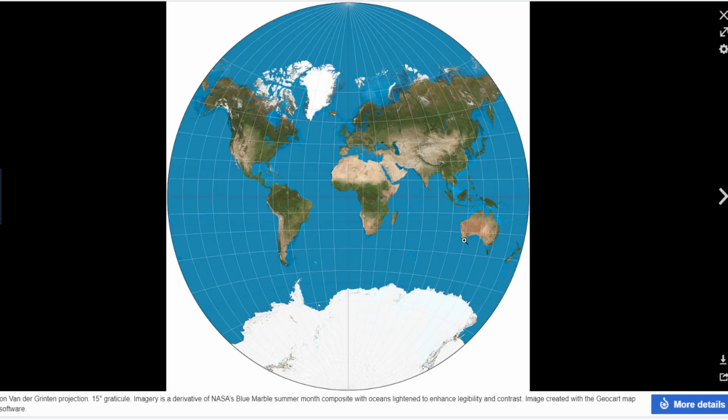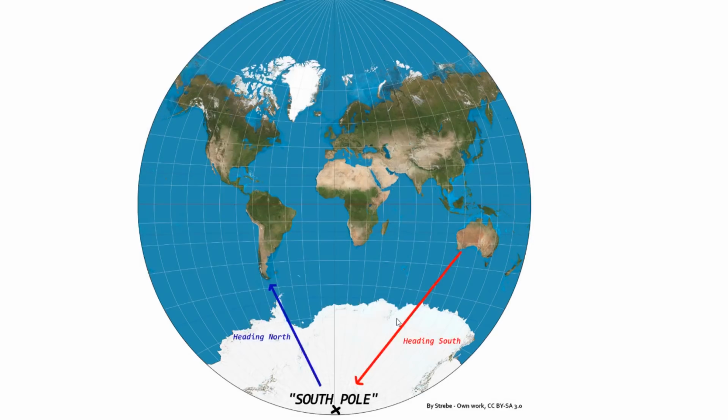So yes, you can fly from Australia over the edges of Antarctica here, which is in fact Australian territory. Okay, so you could take this kind of projection, or any of the other projections, and you could say that from Australia you head south generally to what is called the South Pole, which becomes a point on a map or a model, but really, this is just a point at which compasses don't work anymore. They don't point north anymore.